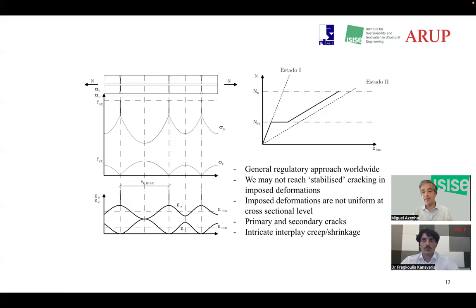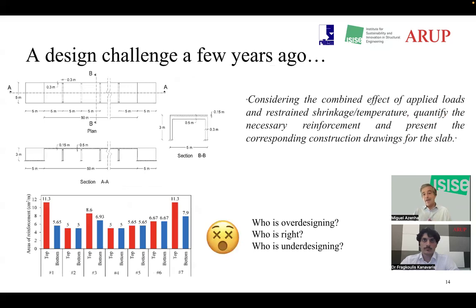And of course, we will get the consequent situation where we have the stresses happening. So this is taken care of in regulations normally by a coefficient, which is actually not really how we should do it because it's more complex than that. Then we have primary and secondary cracks when we have imposed deformations. I'll not go deeper into that, but that's also an issue where the patterns have an interplay. And finally, the last interplay, which is creep and shrinkage, which has been spoken about, so I will not go deeper into that.